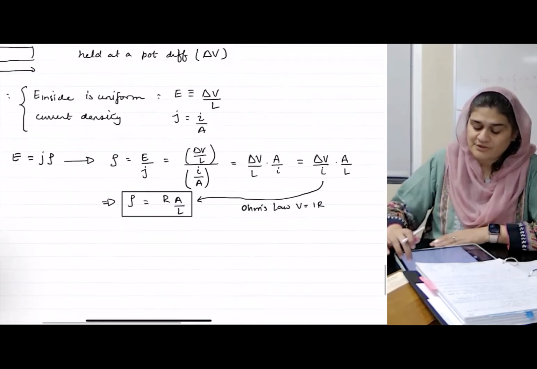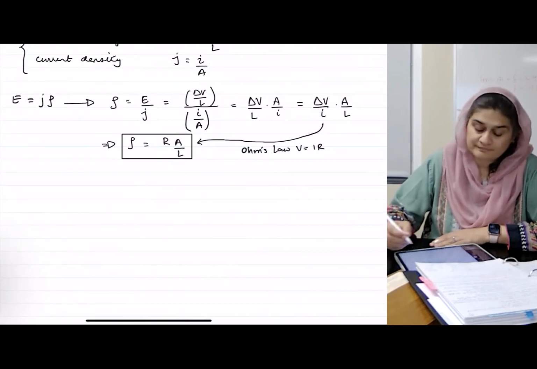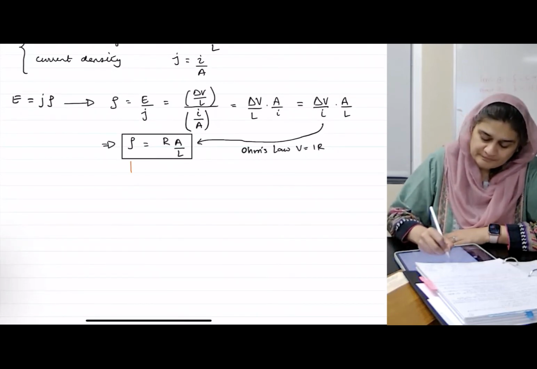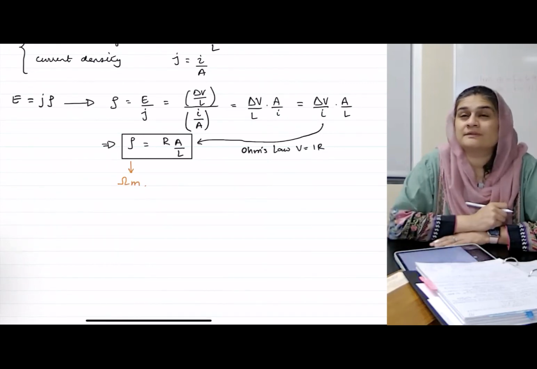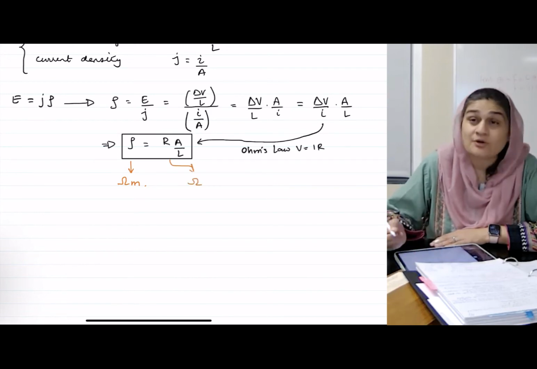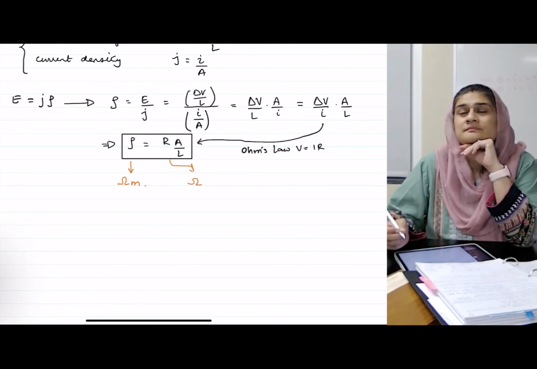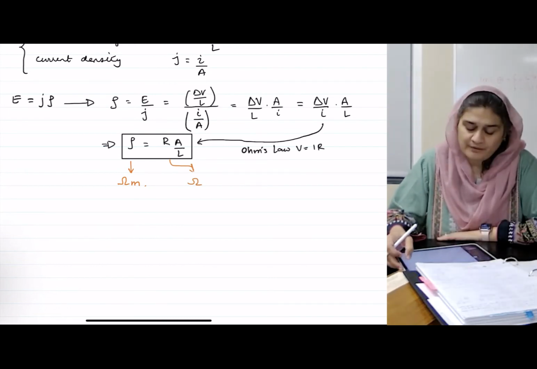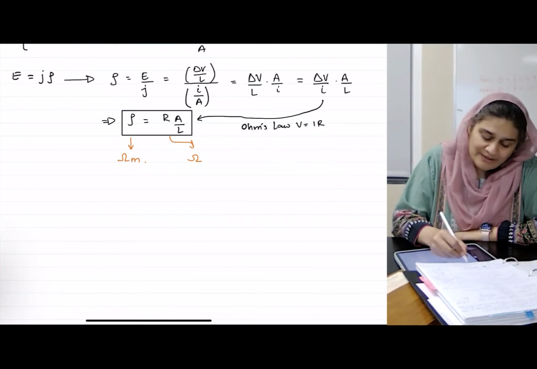Now, what will the units of resistivity be? Right? Area is meter squared, L is meters. So the units for resistivity are ohm meter. Whereas the unit of resistance is just ohms. Okay, so now I can rewrite this as